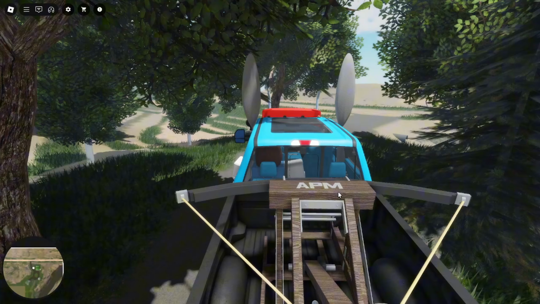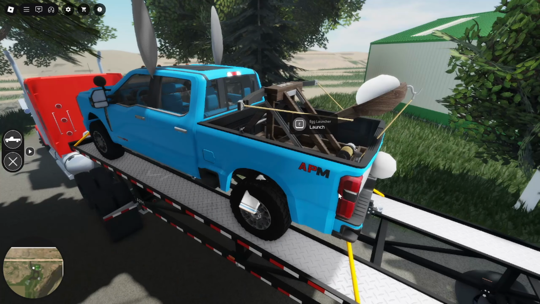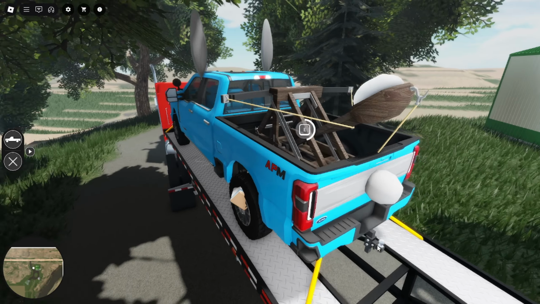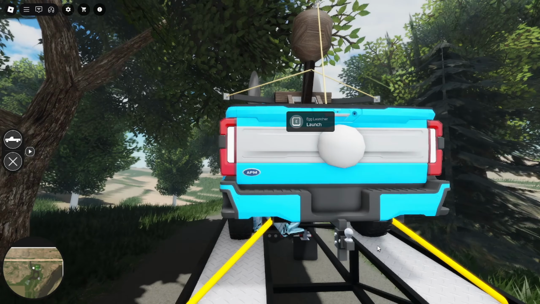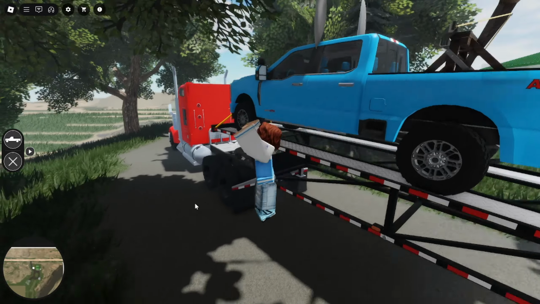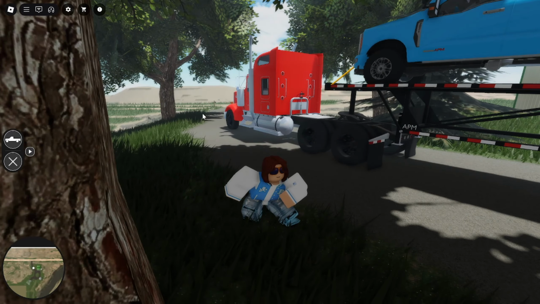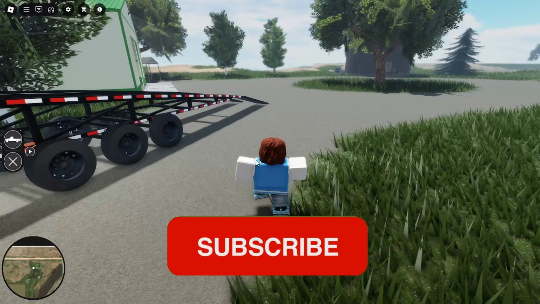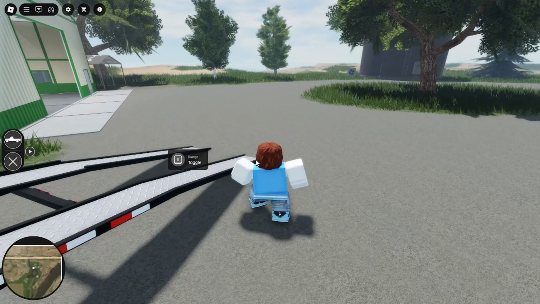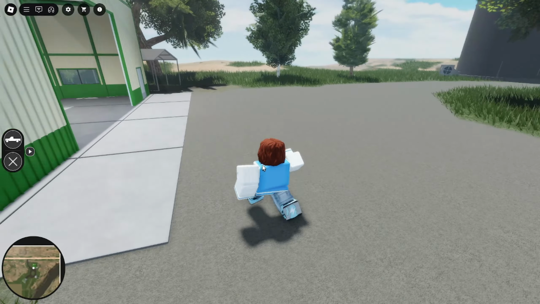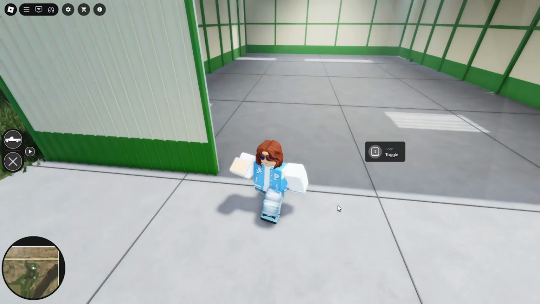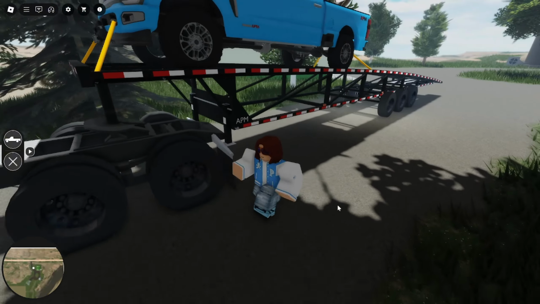If I actually get out, right here it says egg launcher. Okay, so it's actually an egg. If I hold this button down, it will launch an egg. As you can see, it just launched it over there. It's right there in the grass. But we're gonna close up this trailer now. We're gonna close up the ramp, and last thing, I'm gonna close up this barn. All right, so with that being done,